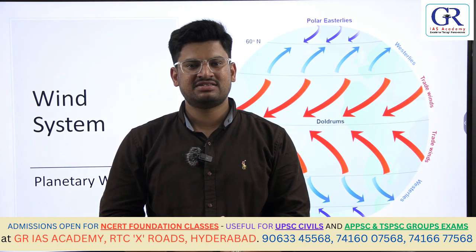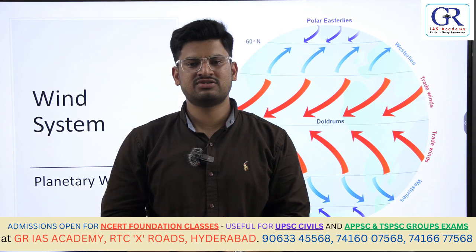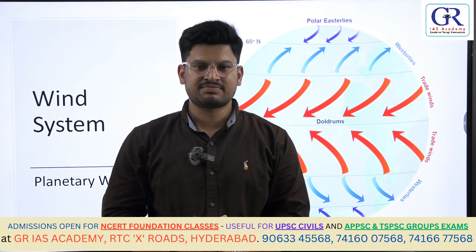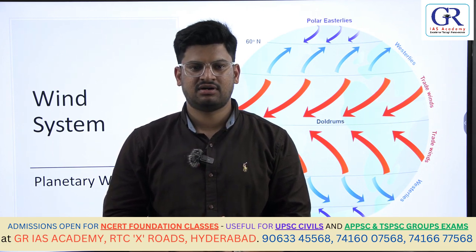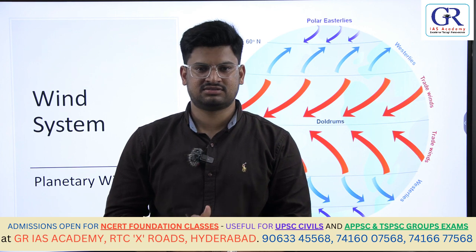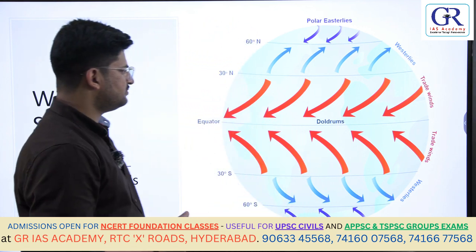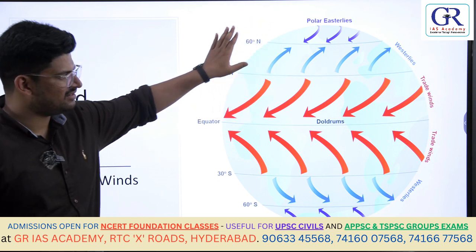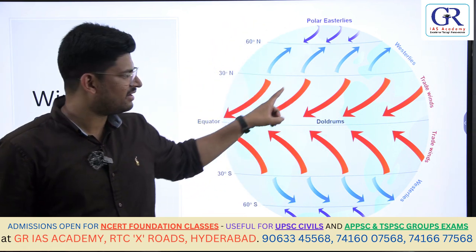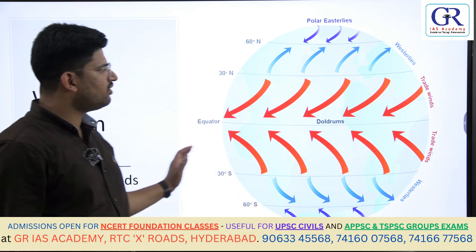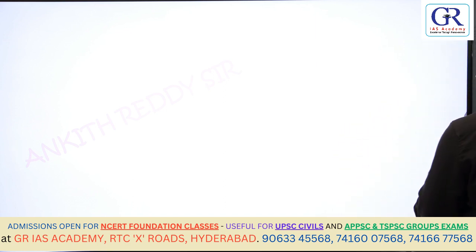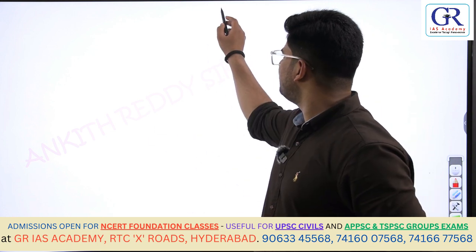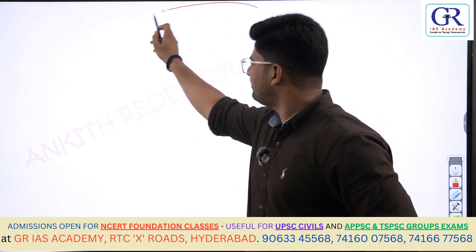So as part of the NCERT Foundation course, we are providing you demo videos at our channel, that is GRS Academy. In this video we are going to deal with the planetary winds, or the permanent wind system of the Earth. You'll try to understand the entire pattern of winds after completing this chapter. In order to understand the wind system of the Earth, you first need to understand the 7 pressure belts of the Earth, in order to understand the planetary winds and their direction.